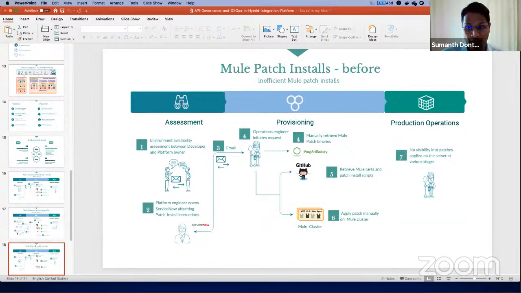If you're in RTF, then you can do a lot more things. But because you're in a cluster environment, the only option is to do a rolling update, and that is only for on-prem. If it's CloudHub, it's better there. But for on-prem, that's the only option: do it node by node. And it depends on whether the change is significant and if there's a business impact. We always do changes and patches after business hours.